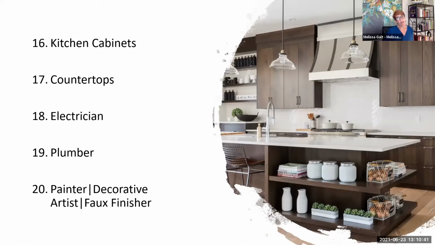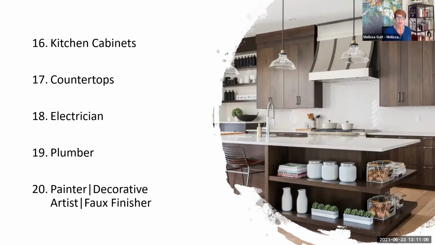Now, my favorite with kitchen cabinets is to have a ready to assemble RTA line and then a couple of custom guys. I've always had a couple of custom guys in Atlanta, and I even had both of them on the same project because we had such a tight deadline and so much cabinetry to do. I had one of them working the kitchen, one of them working the bathroom, and they were both working on the closets for me, and they worked together really well.